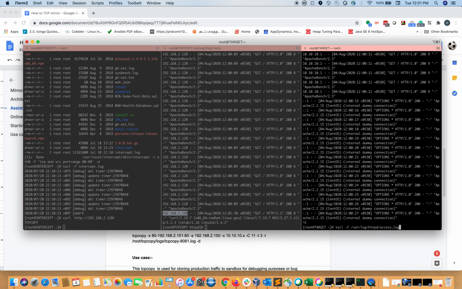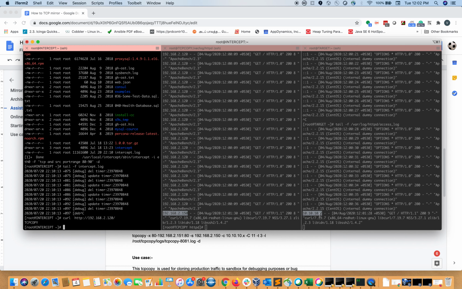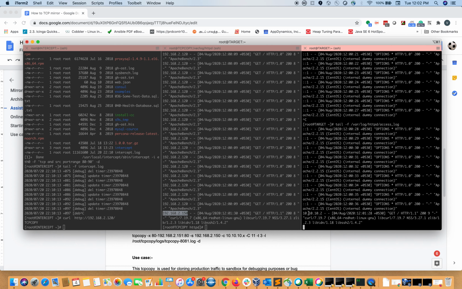So now if we check that tail, it is coming from something like 10.10.2. This call is made by this interceptor host, but since we were modifying the source header into the 10 series, the log will also show like that. So this way we can mirror your production traffic to the sandbox for your web application, and you can debug the workflow.